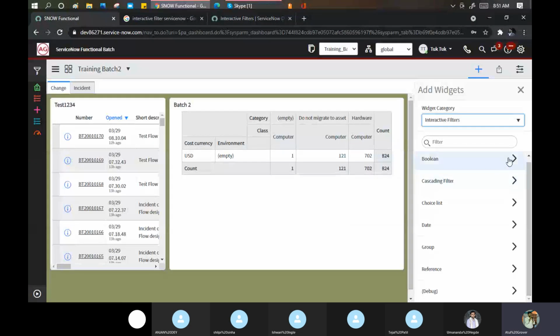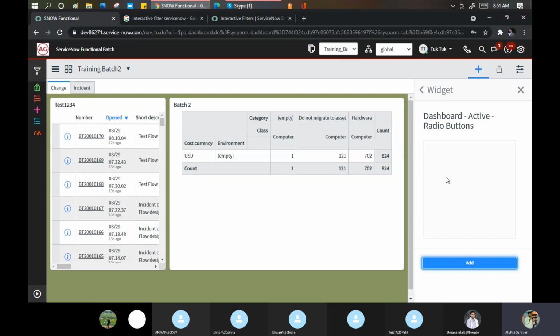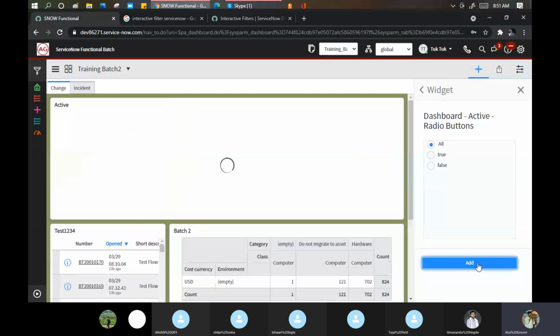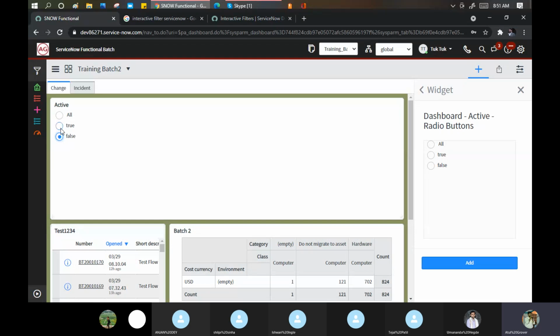Okay, Boolean. New Boolean cloud dashboard active radio button. Now what will I do with this particular one? False. I guess something is not working. Maybe we need to define something in the background.